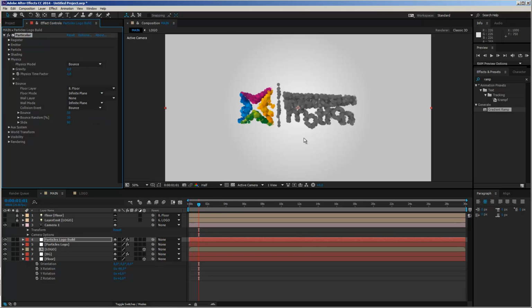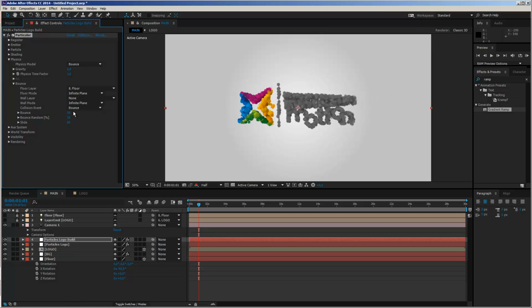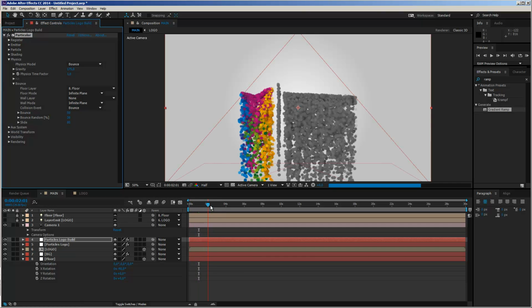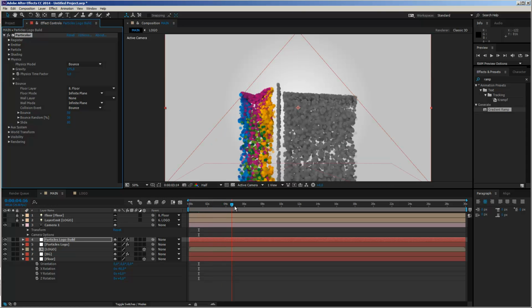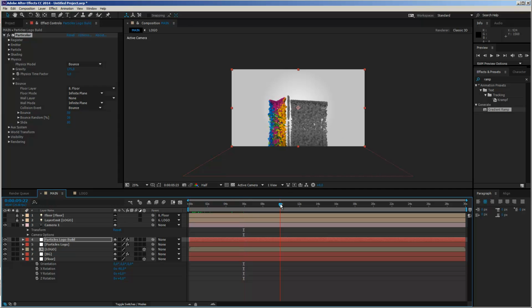And of course, that didn't change much now, but in a moment you will see what this effect does. So now we want to add some gravity here. In my case, I will enter a value of 175. I think that this is a good value. And now you see, okay, now the particles start falling. And when they hit the floor, so we will scrub here to around 6 seconds, they should actually start jumping around. What they do not do now, I don't know why.